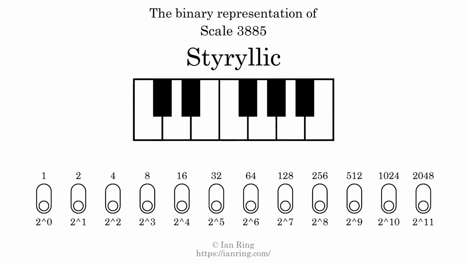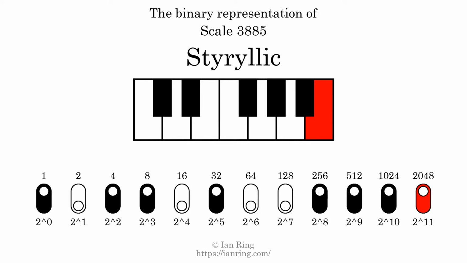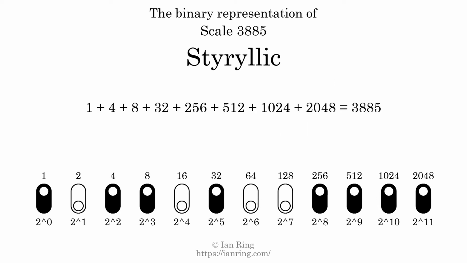The binary representation of this scale is determined by mapping tones of the scale to binary digits. Each binary digit represents a power of 2. To get the scale number, we add the powers of 2 together. The powers of 2 that are present in the scale, all added together, equals 3885. That is why the scale number, in decimal, is